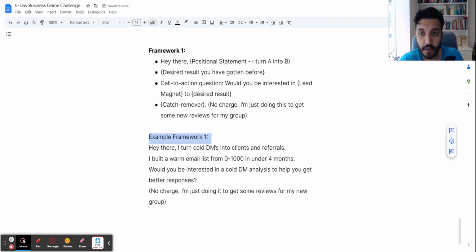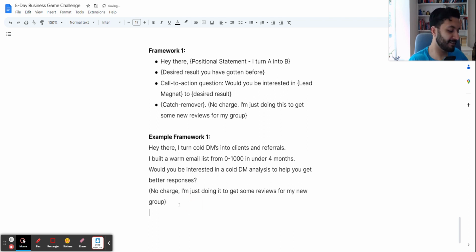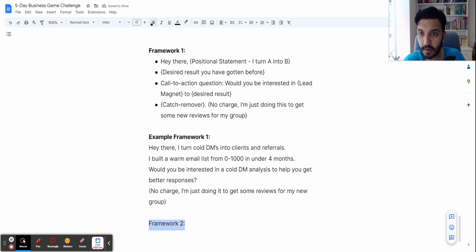This is a very good framework, which I think would work really well. That's one framework. I'll give you a bonus framework, but I don't want to overwhelm you with too many. So I'm just going to give you two frameworks that work really well. And this is just something along the lines of,